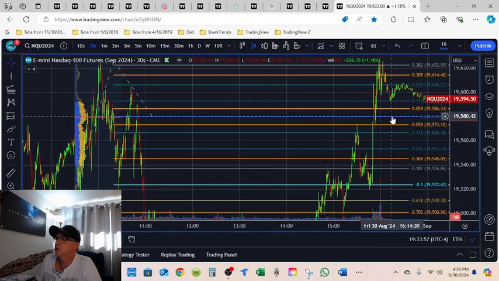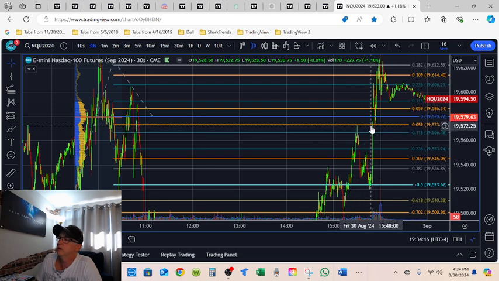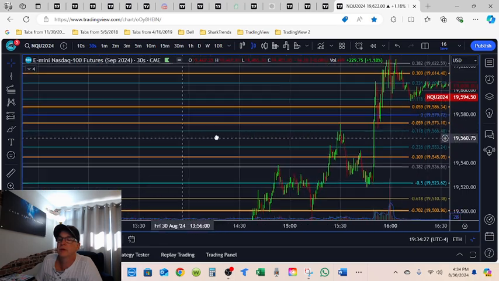Basically, there were no lines between 0 and 236 on both sides, so I took 236, divided it by 2, and got 0.118, and I did the same thing for 0.118, divided that by 2, and got 0.059. So you can see it rejected, it blew through it, went up, it tested it almost right to it, and also came up to it. The same thing on this side. We have some areas where